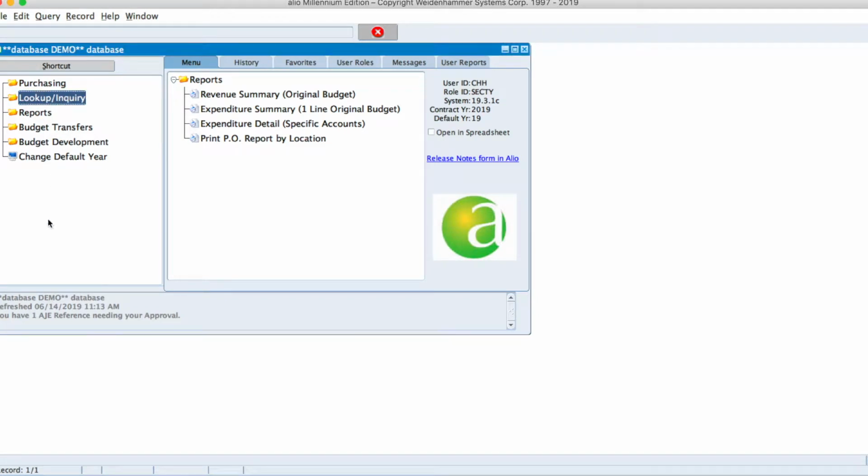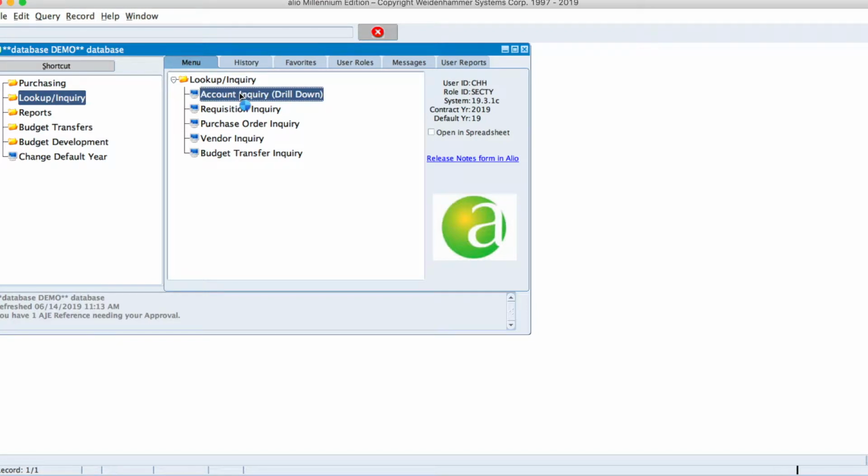So some of you will have a listing of programs here. I have folders. You may have some folders as well. Since this is an inquiry, I'll double click the Lookup Inquiry folder, and the first one in here is the Account Inquiry Drill Down program. Double click it to launch,